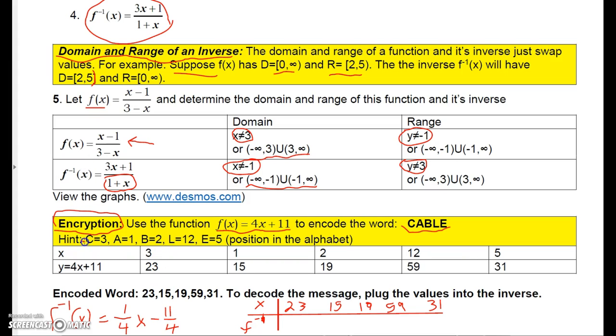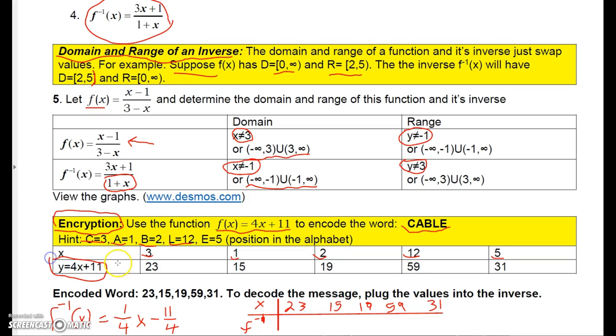C is the third letter of the alphabet, A is the first letter, B is the second letter, L is the 12th letter of the alphabet, if I counted right, E is the 5th letter. So basically I could say cable corresponds to 3, 1, 2, 12, and 5. C-A-B-L-E. Well, if I were to plug these numbers into some function, let's just say some simple function like this